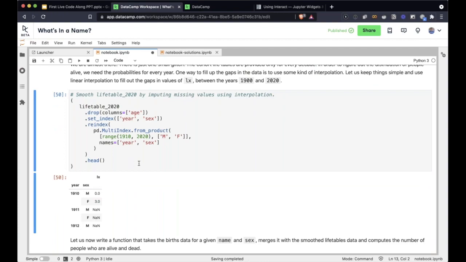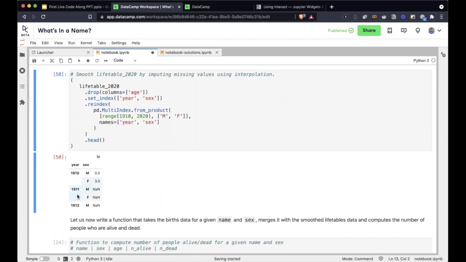And if you do it now, you will notice how it added all these things, 1911, 1912. And if you print more rows, you will see that it actually added those missing things. So this is a really powerful feature of pandas, which is why indices are amazing. If you haven't explored indices in detail, I would strongly recommend doing that. We're still not done. We still need to fill in these values.